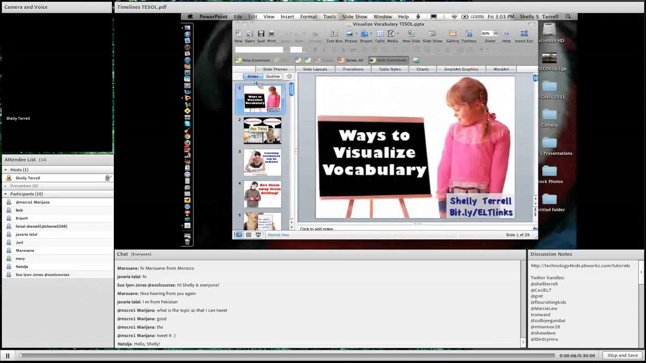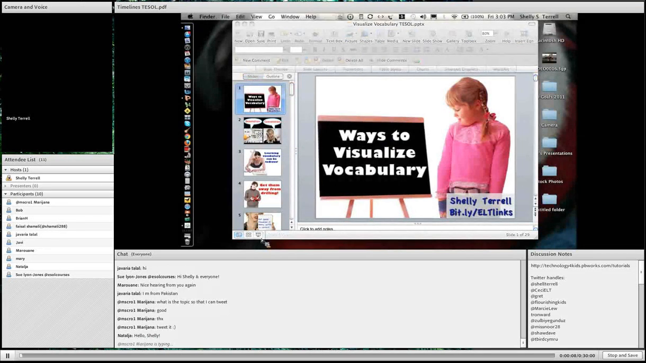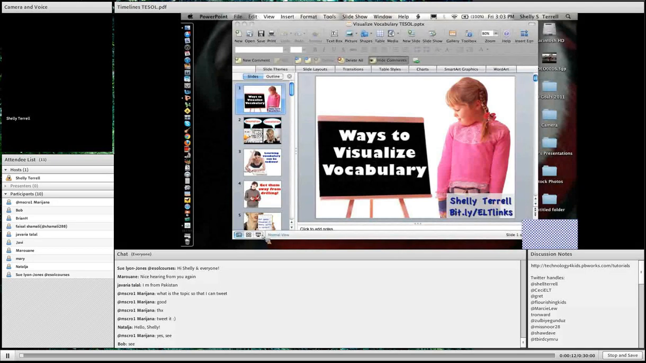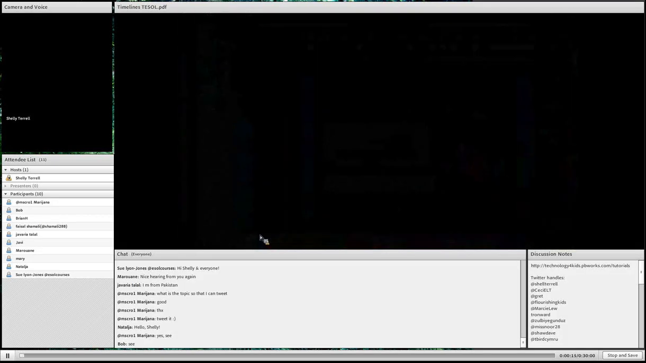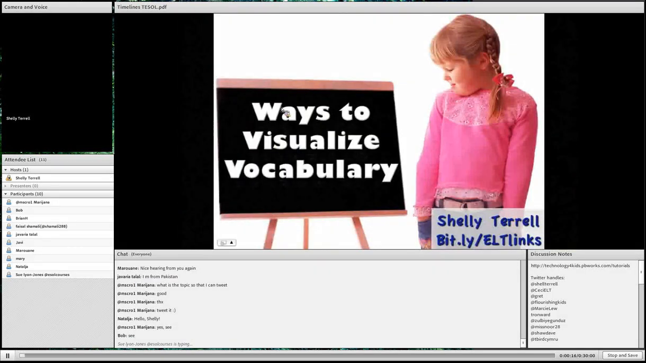See it, if you could just type in that you can see this, that would be fantastic. So, ways to visualize vocabulary. Yes, great. And here we go. Okay, so